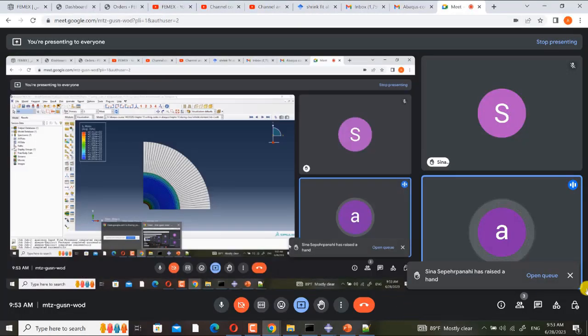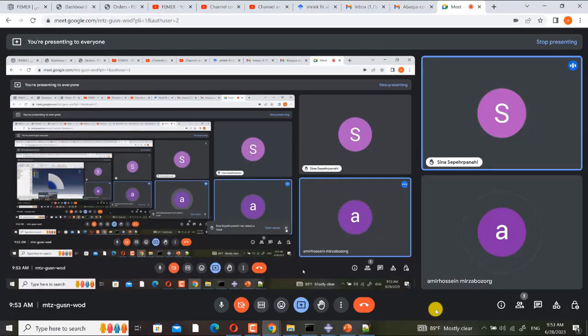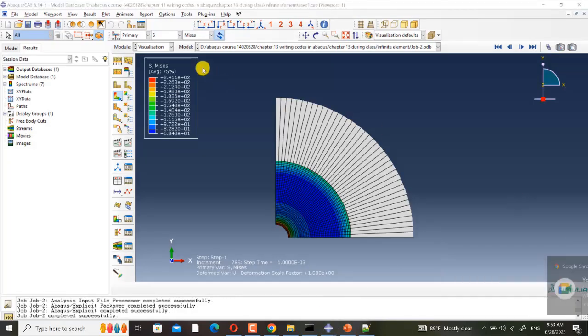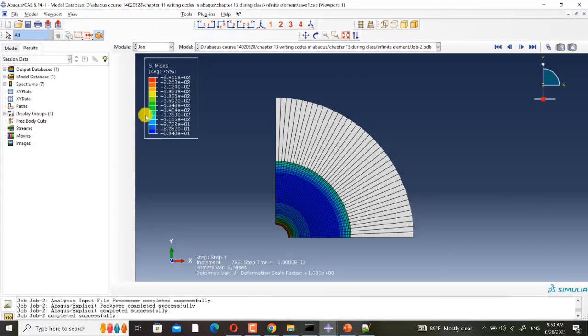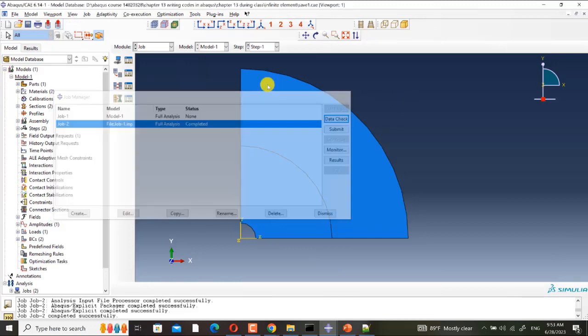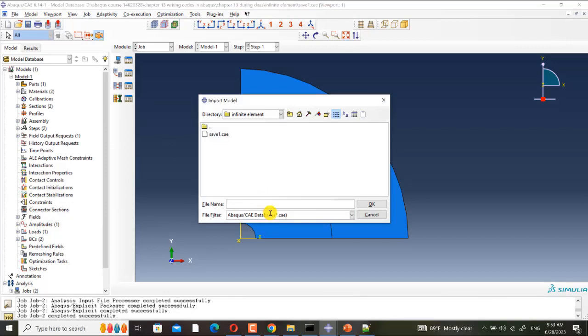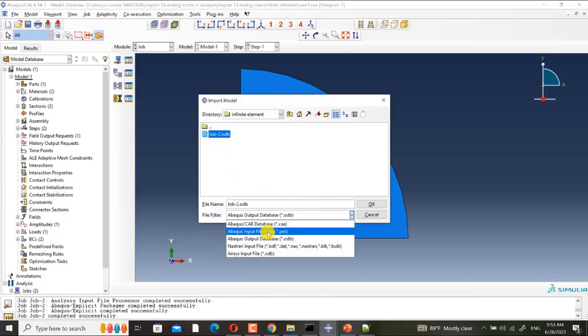Yes, please ask your question. During the running of the job, can you say it again about importing the input file? You must not import it. You must not import the IMP file. File, import, model. You must not, oh, here, sorry.